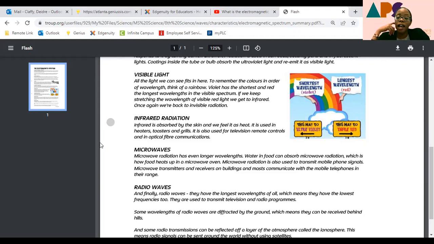Let's say, for example, I'm at work in my office right now, and I needed to make a phone call to my mom, who is about an hour away from me at her job in her office. If not for microwave radiation, I would not be able to do that, because cell phone towers,